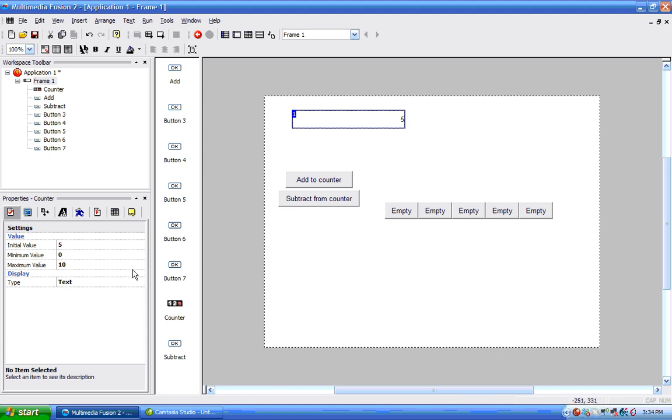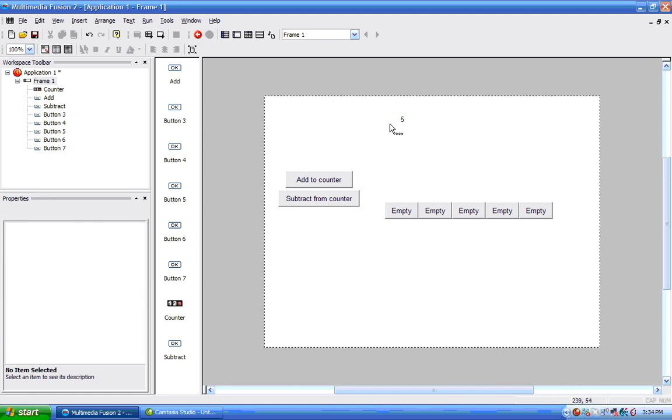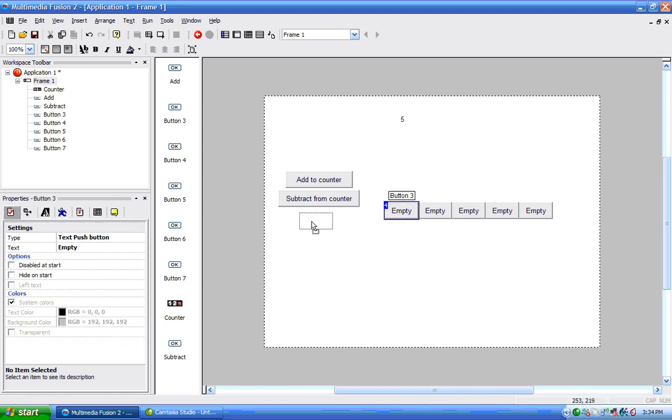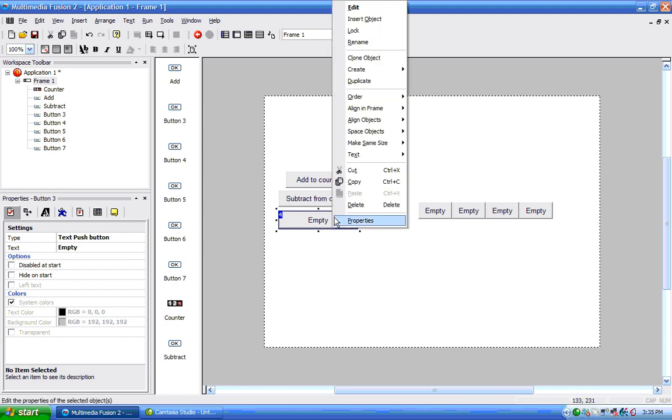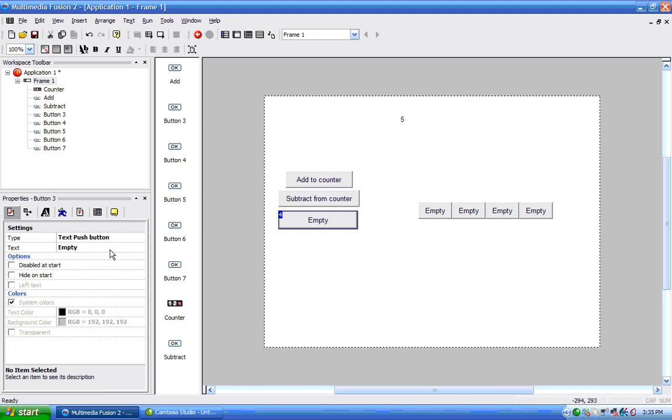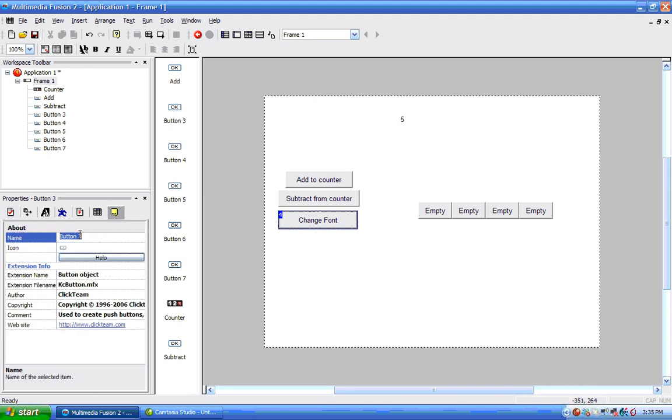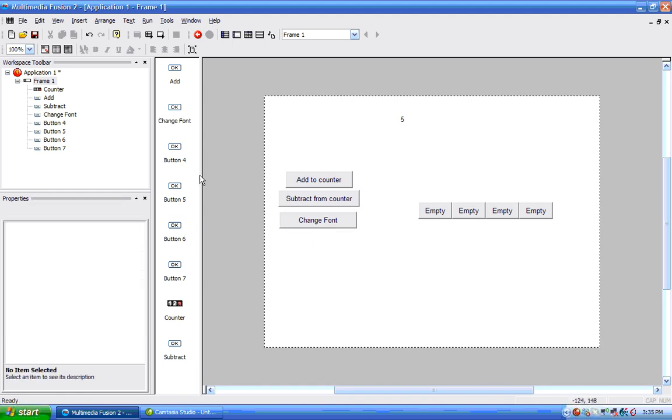Now we still have these same controls here, but we can do more with these buttons in the event editor since it's now text. So I'm going to make this button, how about we make this button change font. And then here we can make this called change font. Okay. So now if we go into our event editor,